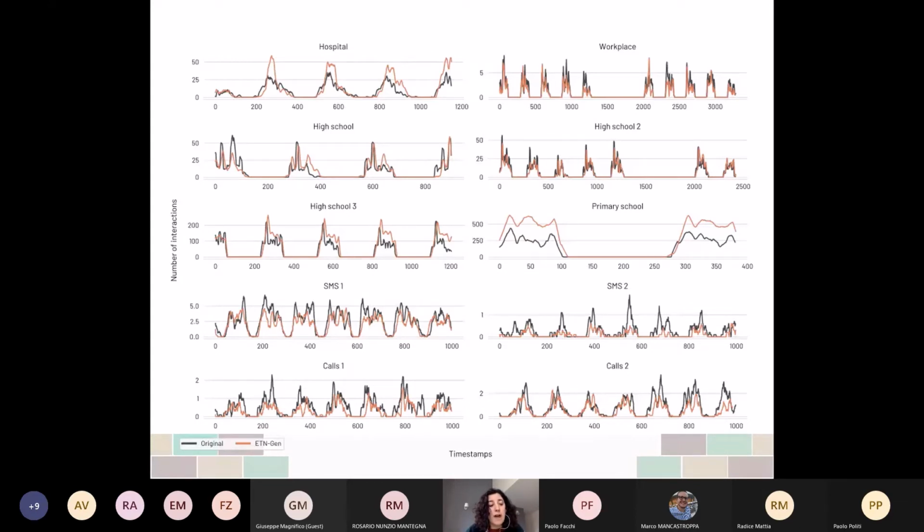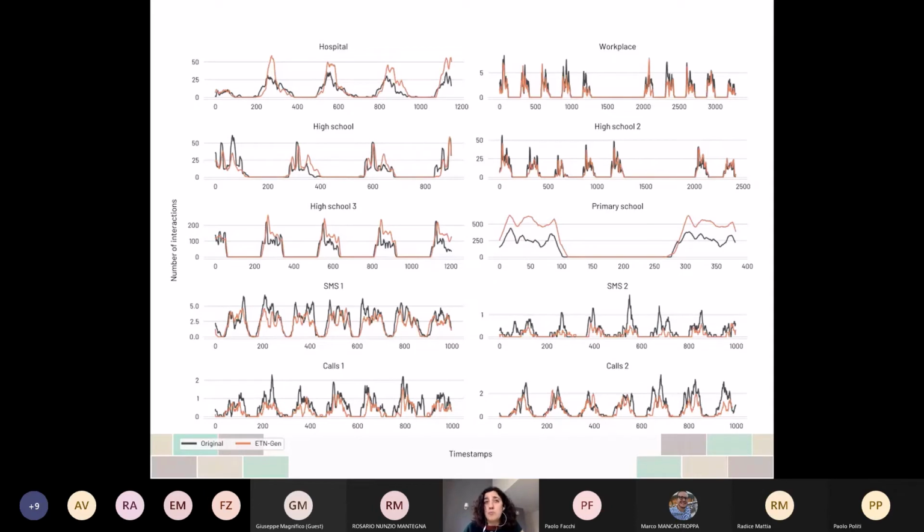So instead of having a unique dictionary for the entire data set, we use different dictionaries for different days of the week or for different hours of the day. It depends on the data set. So from this, we can see that the two plots, the orange and black, are quite similar for all the